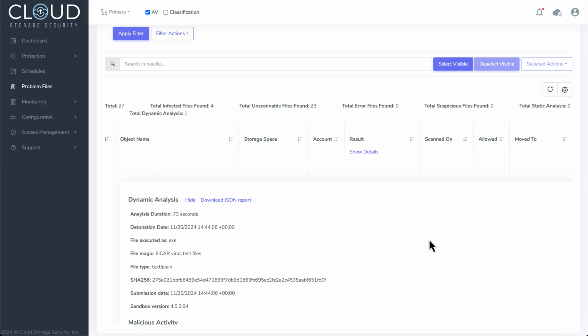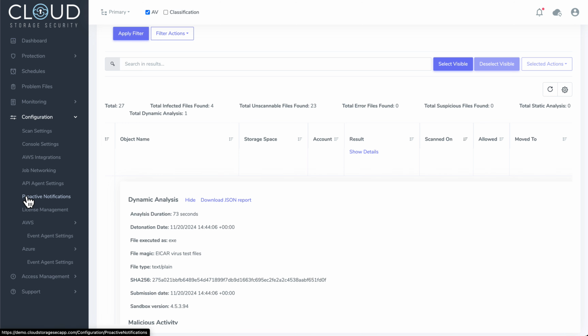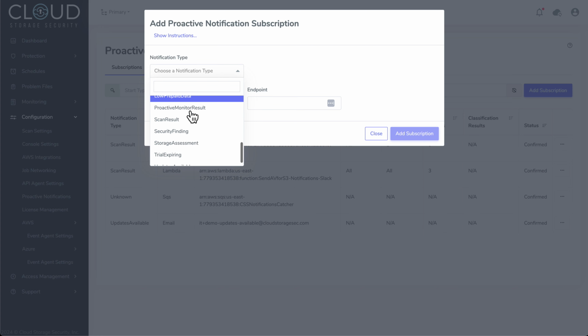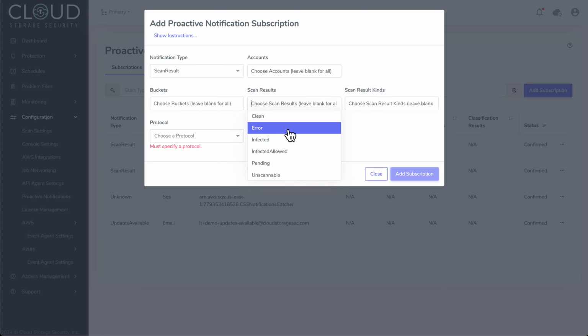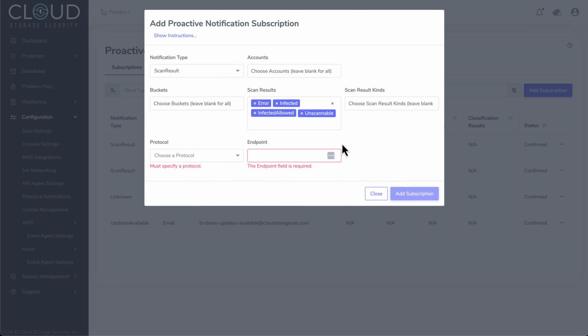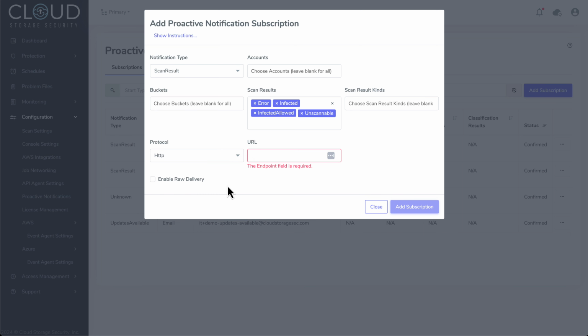When a file is scanned, you can also surface findings on that file through our proactive notifications functionality. And what this allows you to do is set up a notification for any type of finding. We usually recommend notifying for error, infected, unscannable, and infected allowed. And this way, anytime a file is tagged with any of these types of results, you'll be able to notify to an email address, a text message, a HTTP or HTTPS endpoint, an SQS queue, or even a Lambda